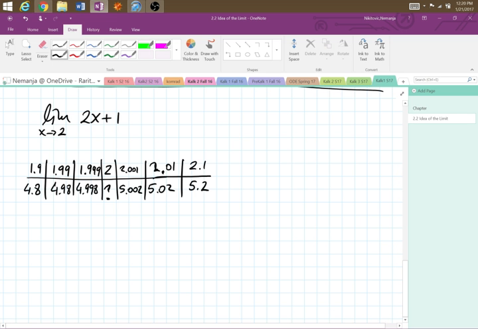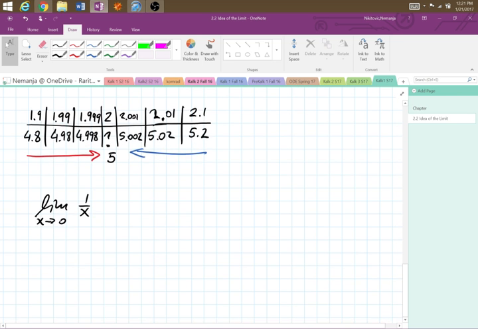Now, if you try to do this for your 1 over x, you immediately see that these numbers don't converge from both sides towards 5. I'm going to put here Juliet, red, Romeo, blue, and they are both agreeing that they should be at 5. Now, the other example was limit 1 over x as x goes to 0. We know that this is not going to work, but then I want to see